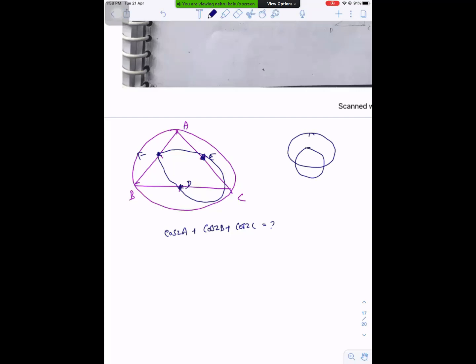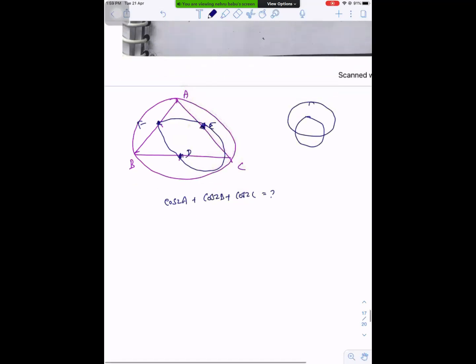Last time when we discussed properties of triangle, I gave an assignment with some 90 questions. It has good questions related to properties of triangle. I don't have the soft copy with me to send to you, but you can check your assignments. This question is also one among those. At that time, in a comprehension, I gave what the condition is for orthogonal, and what the condition is if they are touching each other.